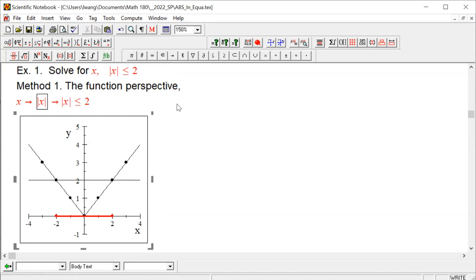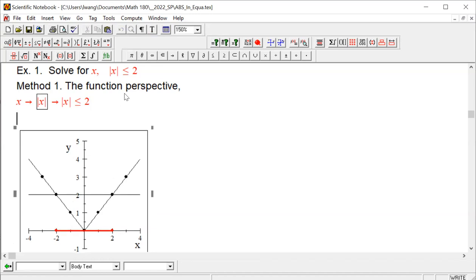So it can be equal. It's really all the solutions for less than 2, union all the solutions for equal to 2. So in that case, our solution would be